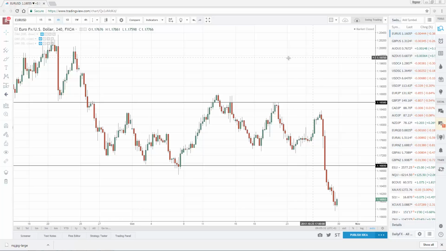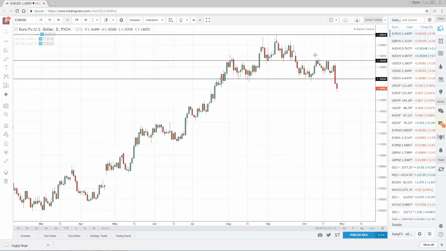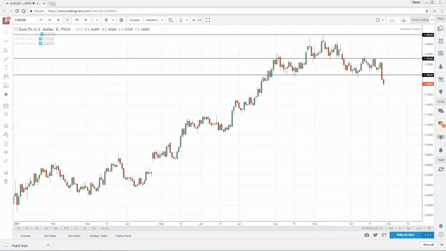Boom! Let's begin. So the first one is Euro Dollar. This currency pair is looking interesting because if you look at the daily time frame, you see we have a very obvious head and shoulders pattern on this time frame. So here's the thing about trading classical charts on the daily time frame: your stop loss is